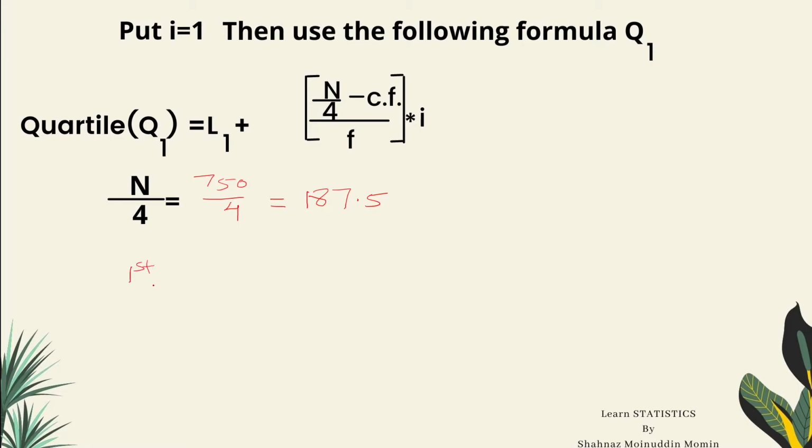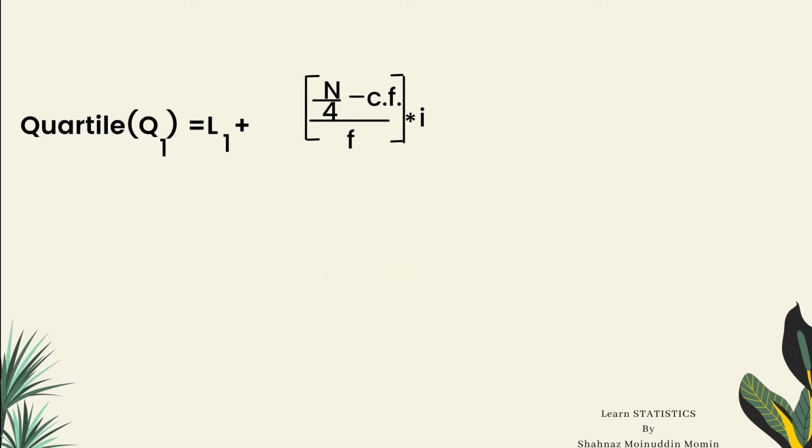Here the first quartile class is 10 to 15, and the lower limit of the first quartile class is 10. Substituting all these values in the formula of Q1, we will get Q1 equal to 10 plus n upon 4 is